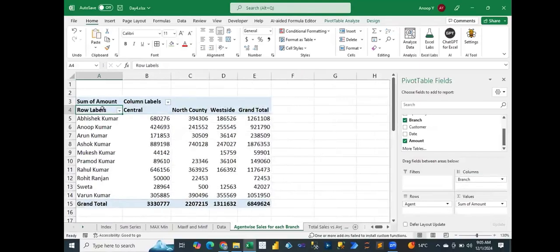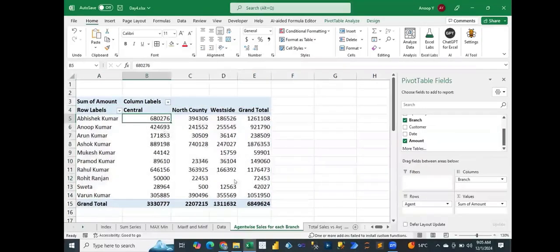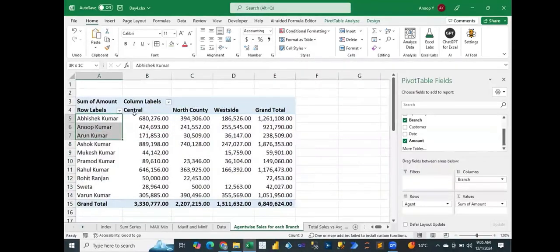So you can see this is the great summarized report. Okay, it has captured less space in the reporting, so it is easy for the user to see the report, right? So here you can see this one, right? So you can see which agent has done what sales in the central branch, what sales in the North County branch, and what sales in the West Side branch,